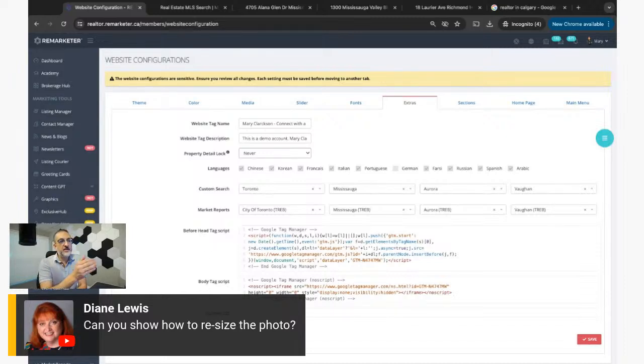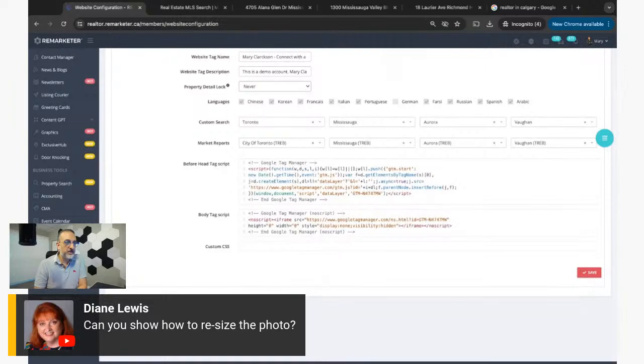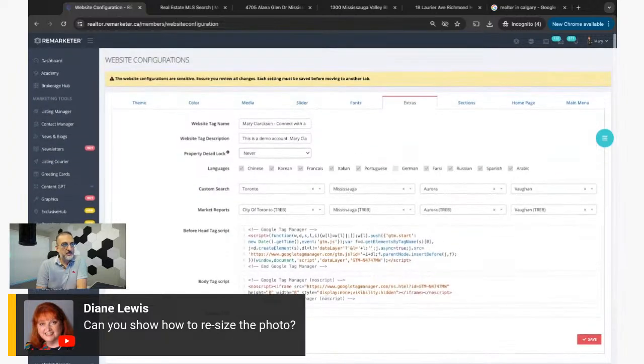So usually the body tag script is used for third-party scripts such as chatbots and stuff to be used, and then the before head tag script are usually for tracking utilities such as Pixel, for instance, to be used. So here, as you can see, I have Google Tag Manager. It's just copied and pasted here. That's it. And then we have the custom CSS, which is for more of advanced customization, which I'm not going to get into because this one really requires code knowledge, and that's what our guys here use if we were to